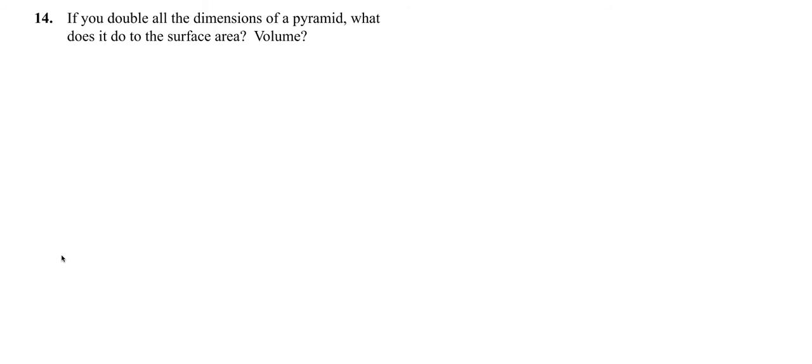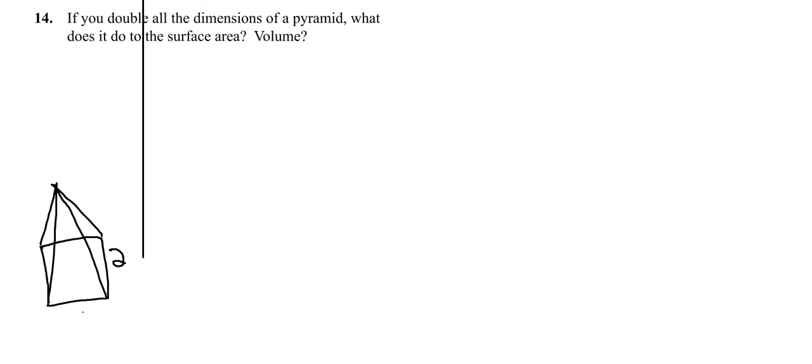If you double all the dimensions of a pyramid, what does it do to the surface area or volume? So if you draw just a normal pyramid, and then write in dimensions, I'm going to use 2 centimeters. And then you have to have a height and a right angle, and then you use 5 centimeters. Okay, so then if you calculate this,